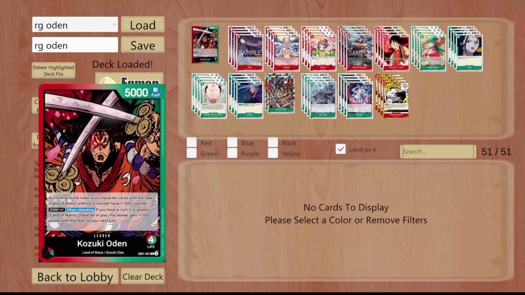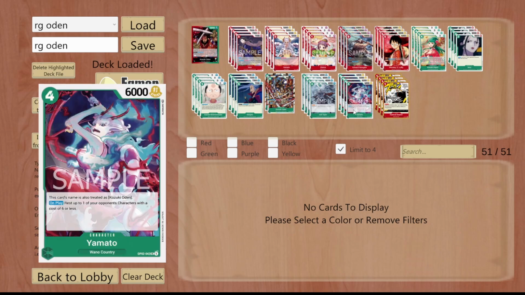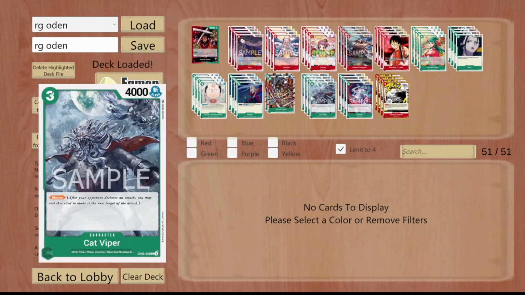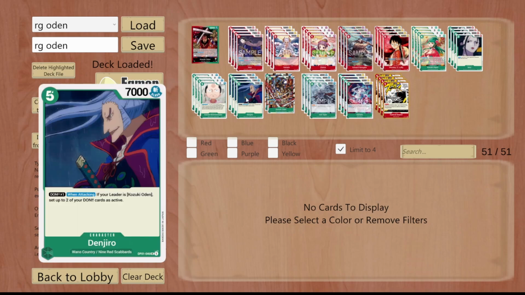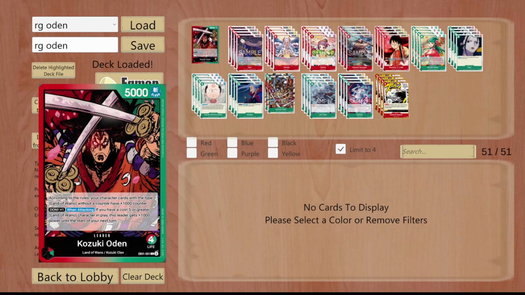So if you guys don't know what Oden does, it's according to the rules. I like how they put that. Your character cards with the type Land of Wano without a counter have plus 1,000 counter. So that means cards like Denjiro, Oden, the Cat Viper here, Yamato, all have 1,000 counter, which is really good. Izo as well. I honestly feel like that was a big problem with a lot of the Wano cards, is that they just were really good, but they didn't have counter, and now they just have 1,000 counter, which is